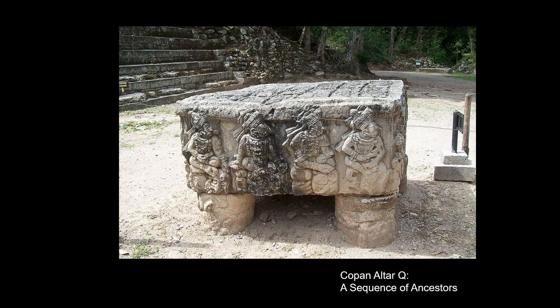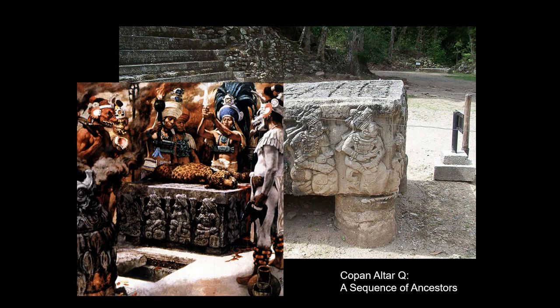So this is altar Q. This is from Copan in Honduras. And here we have 4 sides, and on all 4 sides are 4 different ancestors, and then an inscription and glyphs above. The sacrifices there would then, literally the blood would pour over the top of the ancestors, revitalizing them,